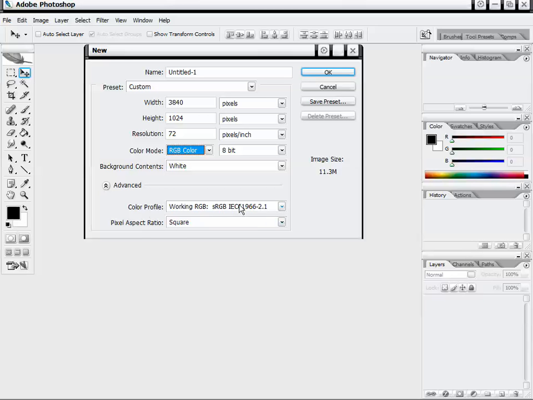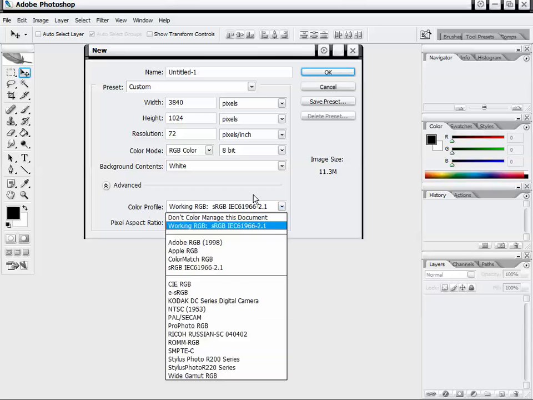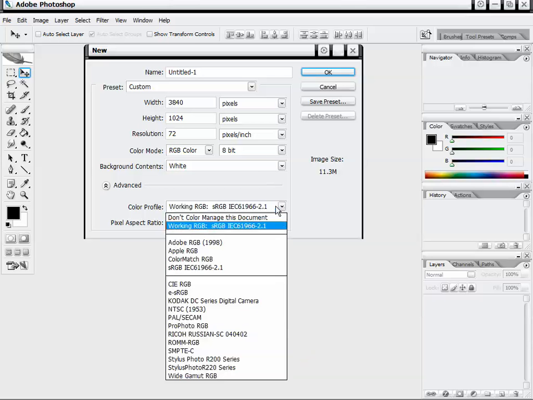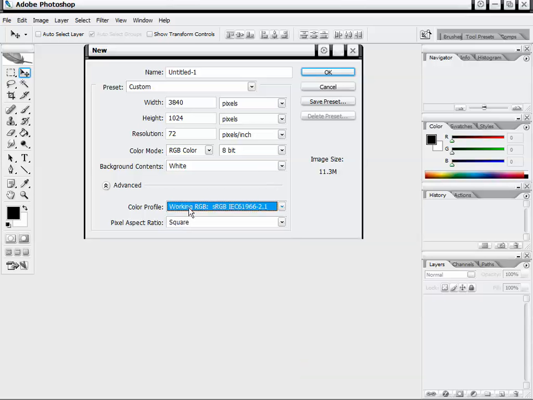I'm not going to go too far into this, but pretty much every single imaging device has its own color profile. So your printer has a color profile, your monitor has a color profile, your scanner has a color profile, your digital camera has a color profile, and they're all different. So there's going to be a lot of changes back and forth between what you see on your screen and what's being printed out and what you're taking with the camera or scanning. So it kind of goes back and forth, and I'm just going to stick with our working RGB,